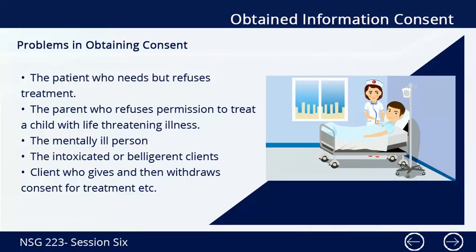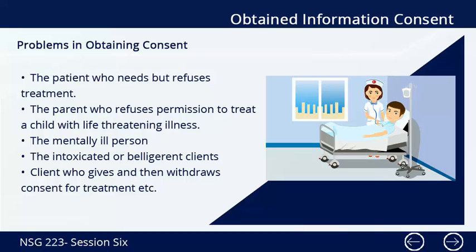Problems in obtaining consent. Sometimes, you may encounter a client or members of a client's family who for various reasons resist or oppose treatment. Such reasons may be religious, sociocultural, economic, or politically based. Examples of such problems include: